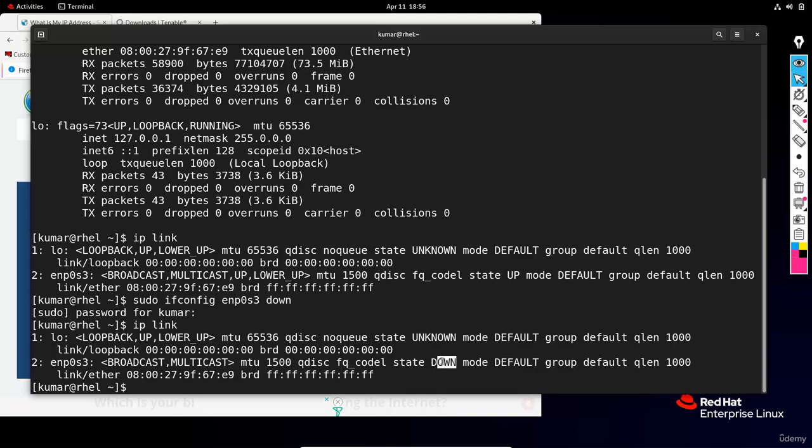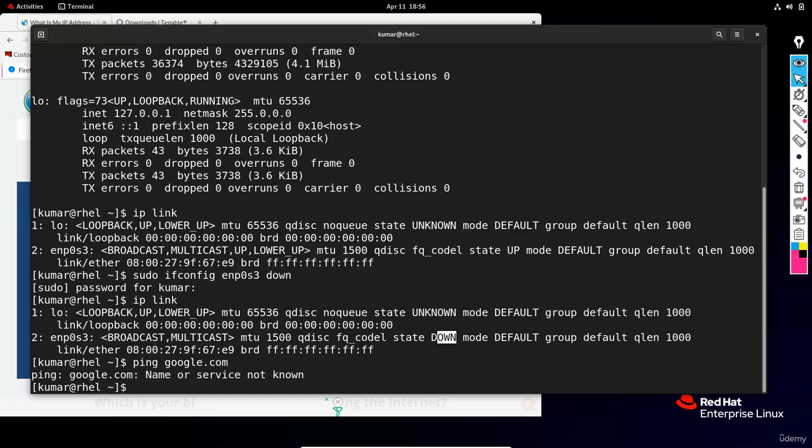So if the state is down, you will still see this one. Actually, most of the time you will use the command line interface, so you can check whether the state is down or not. If the state is down and I try to communicate with Google, I am not able to communicate. So now the question is this: